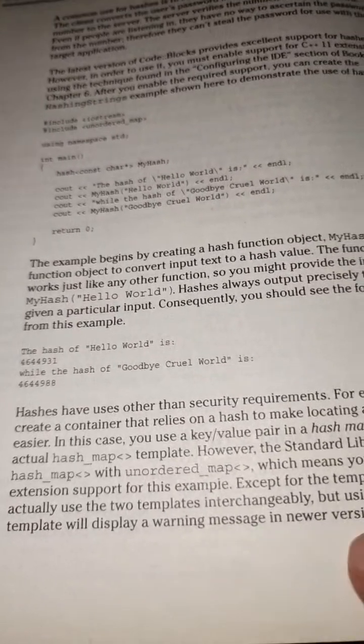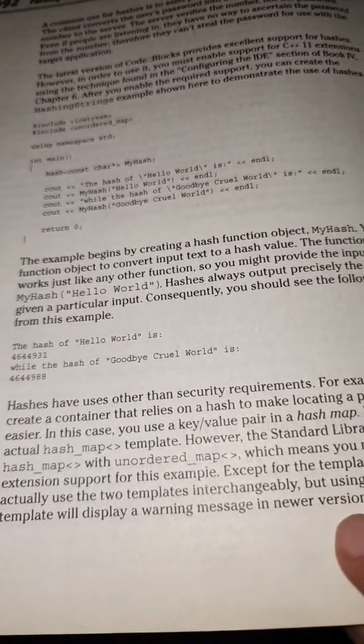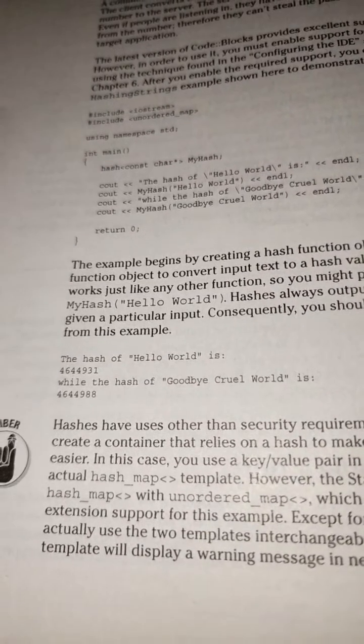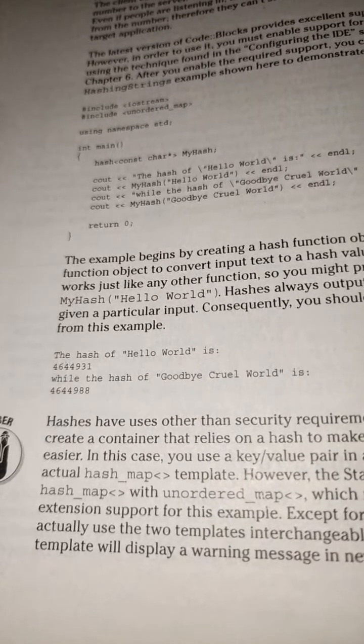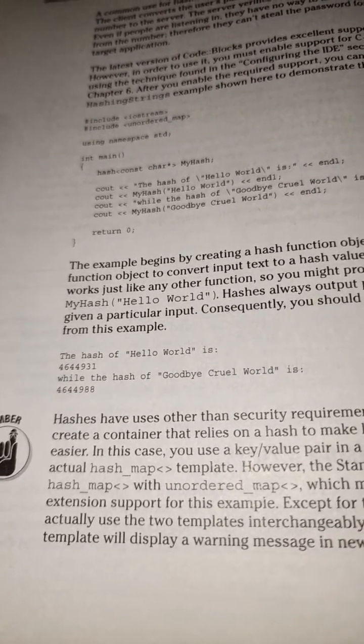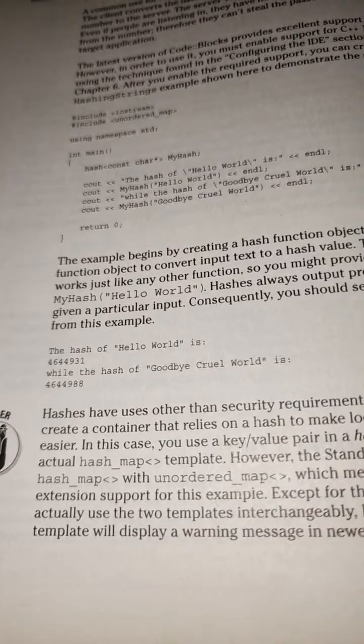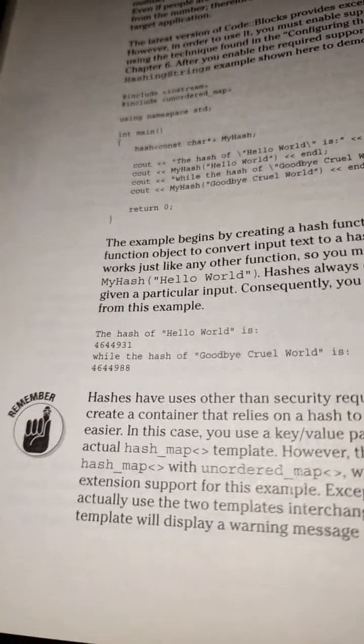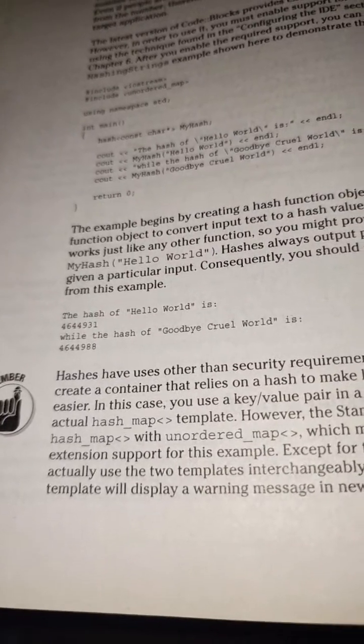I'm almost done. Yay. From this example, the hash of hello world is 4644931, while the hash of goodbye crew world is 4644988. Remember, hashes have uses other than security requirements. For example,